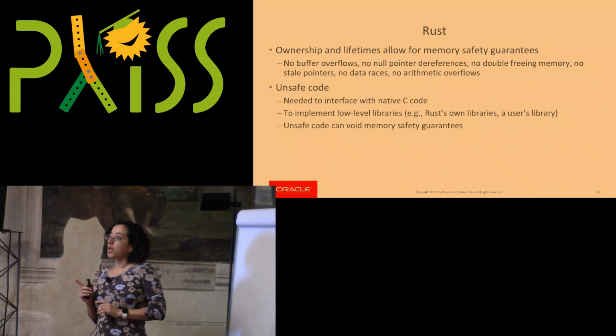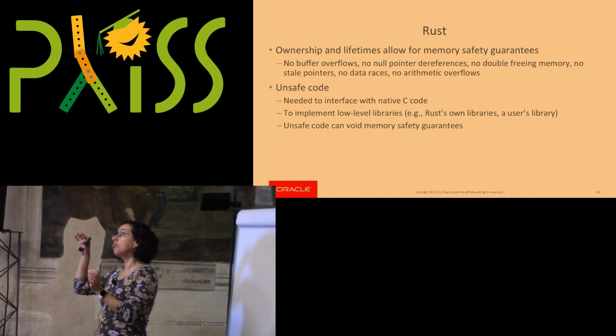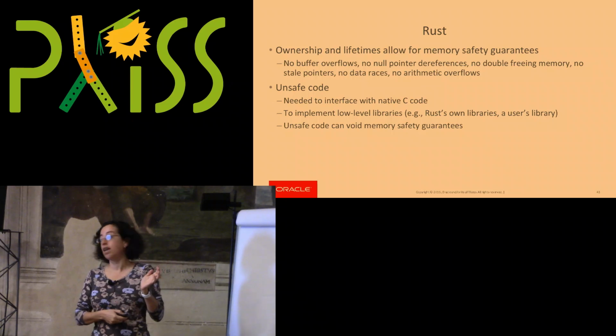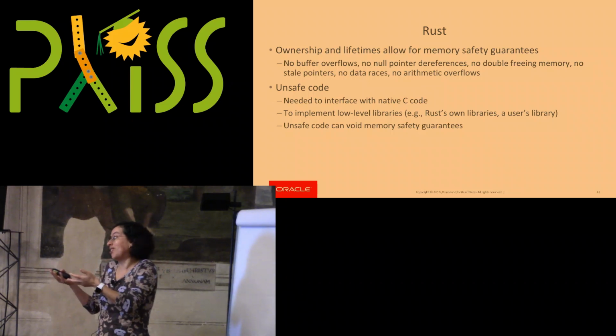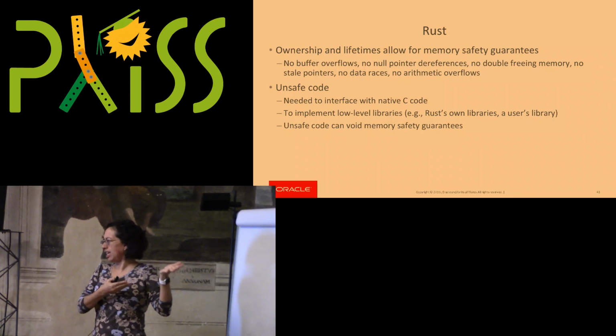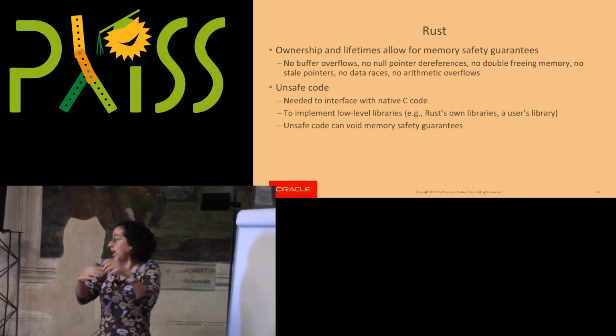Right, so what happens is that the developer who writes the unsafe code needs to ensure that they're writing the code in such a way that they're not going to pollute the rest of the safe code. And of course, for something like the Rust standard library, the Rust developers are pretty good at doing this, so one wouldn't expect issues in that space. What one needs to be more careful about is code that you've written yourself.